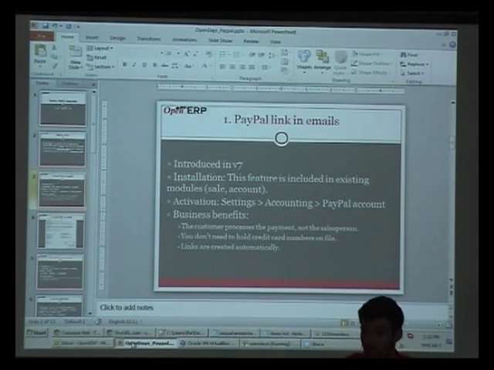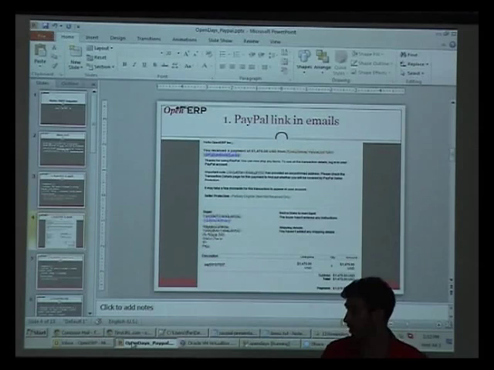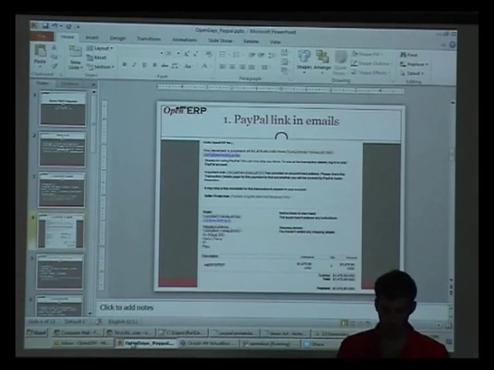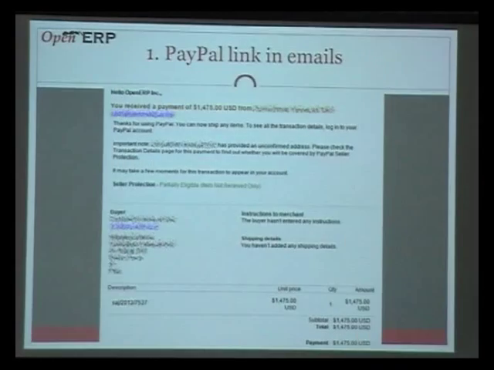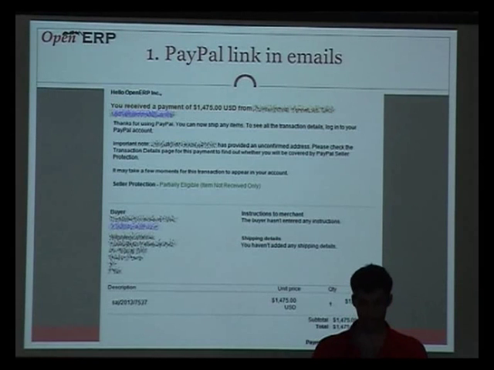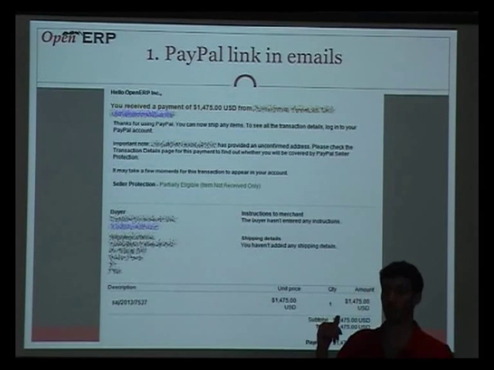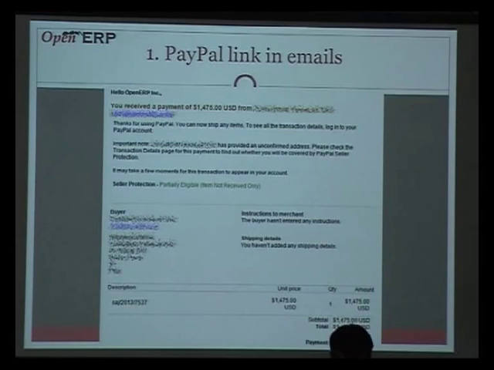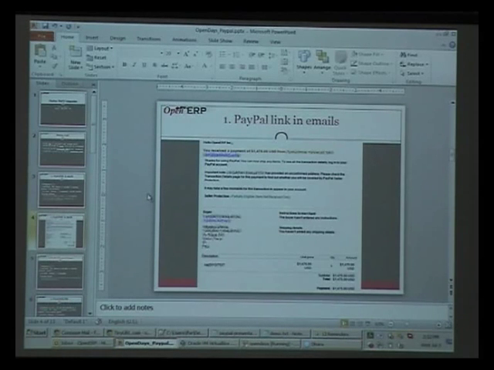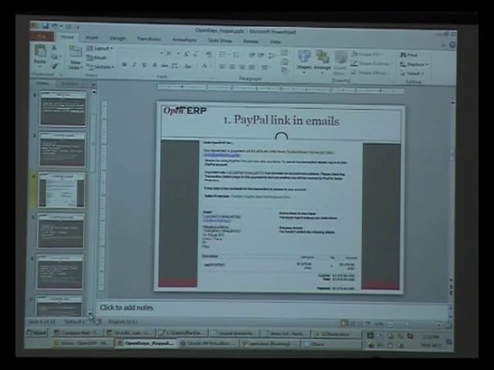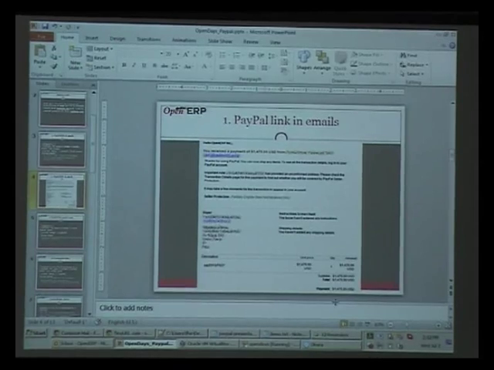So once the customer pays this, as a business, you will receive an email telling you that the person has paid, an email like this one. Extremely regular, it's in version 7, nothing new here. But that will be important for the rest. So after that,